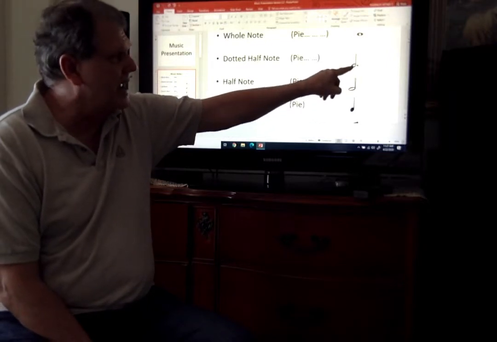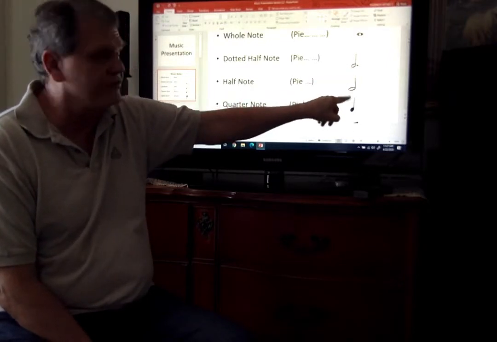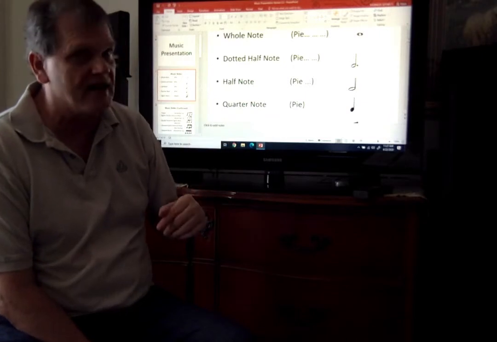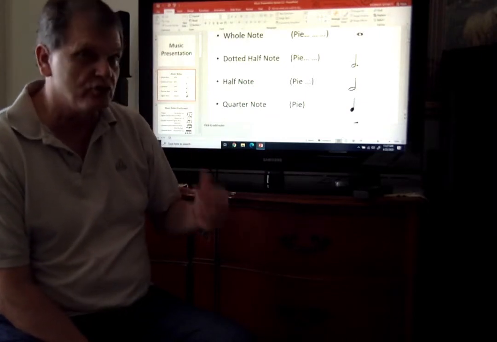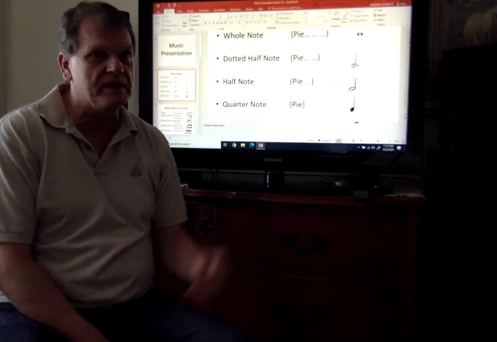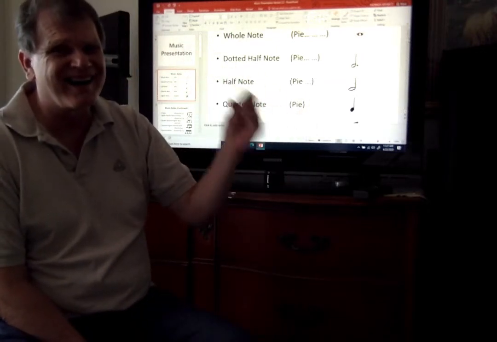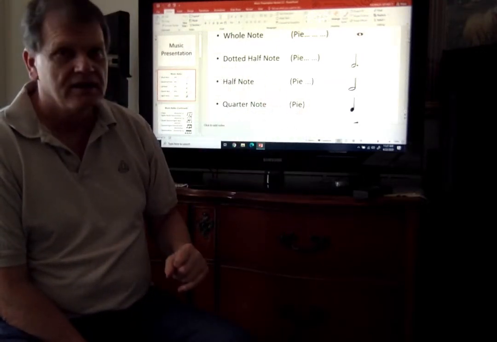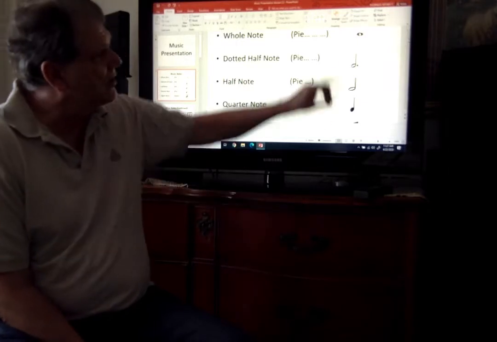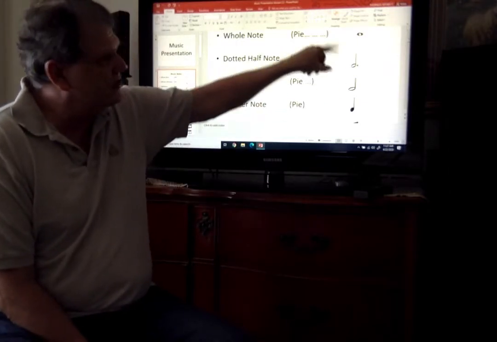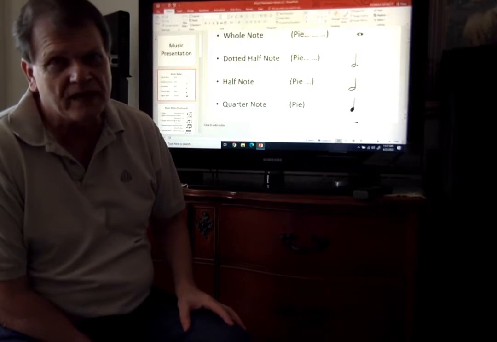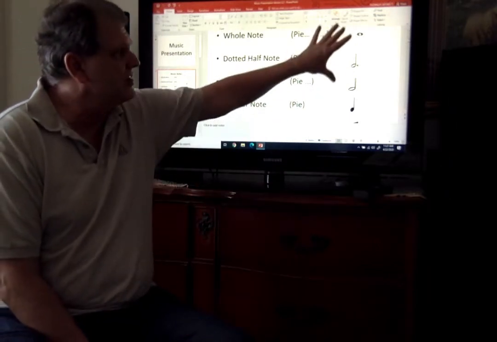And this is a dotted half. A dotted half gets the half note, which gets 2, plus half of that. And half of 2 we know is 1. So 2 plus 1 makes 3. This is going to get 3 beats. So with these right here, these are the longer sounding rhythms. When you get to 5th grade and you're in band or orchestra, you're going to be playing these rhythms